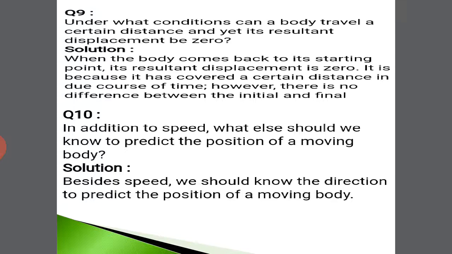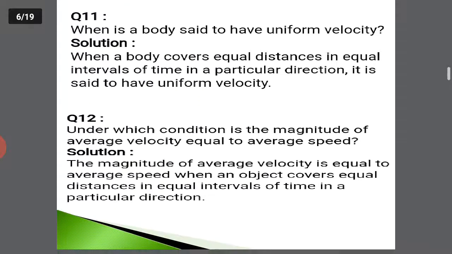Okay. Next question is, in addition to speed, what else should we know to predict the position of a moving body? Solution is, besides speed, we should know the direction to predict the position of a moving body. So the direction is also necessary to find this out. Next is,